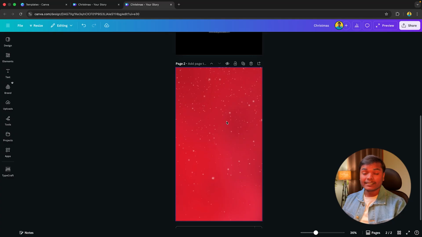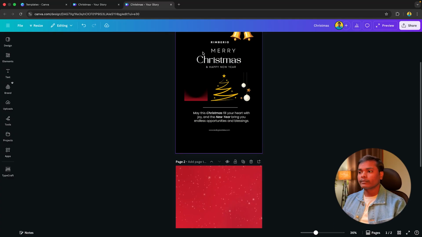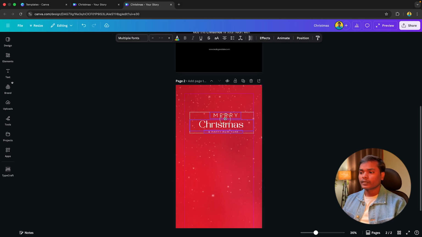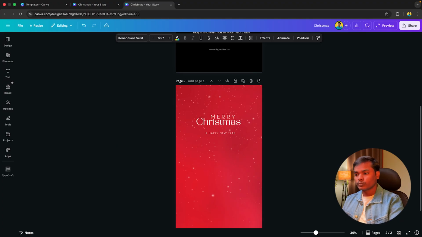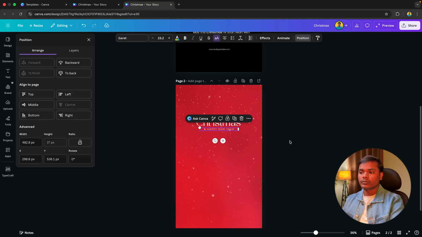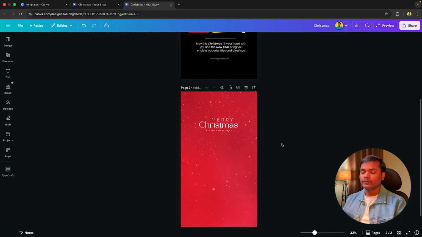And now we will write the text here to have a rough layout so that we can follow it to create our design. So I will copy all this text and I will place it here in the middle, and I will arrange it properly so that it looks much more attractive. I will hit the down arrow key and place it in the middle like this. If I am not able to arrange this in the middle, I will go to this position option and go to this center option. Now it is in the center as you can see.